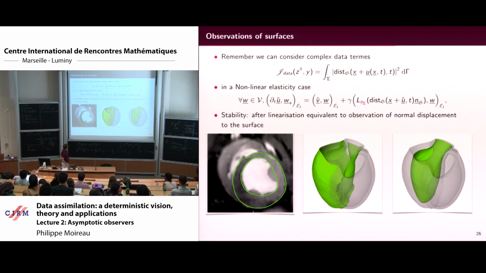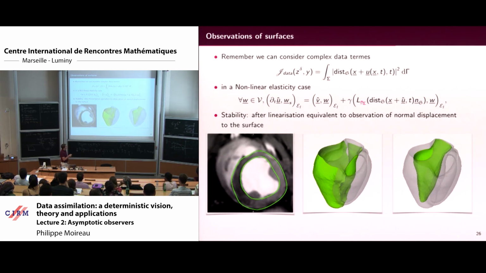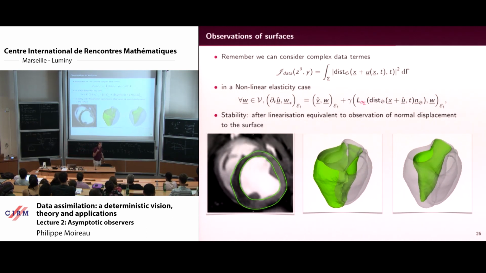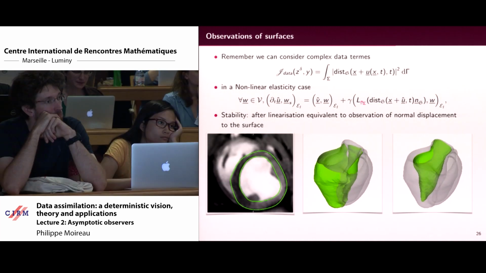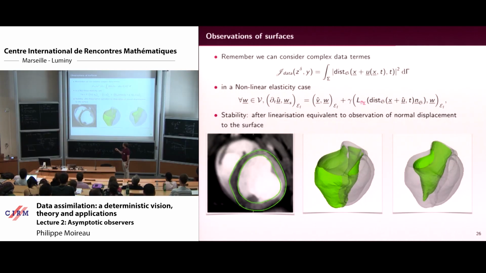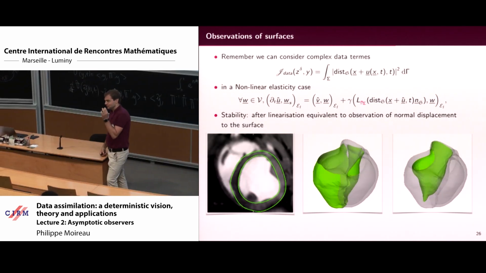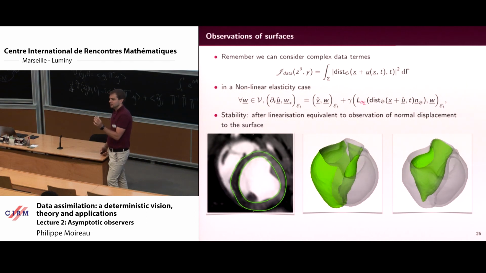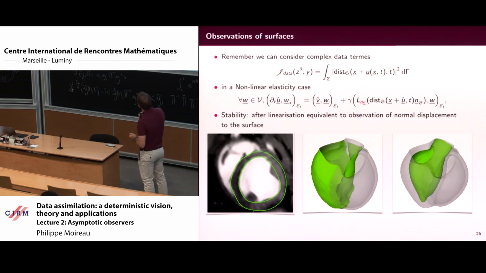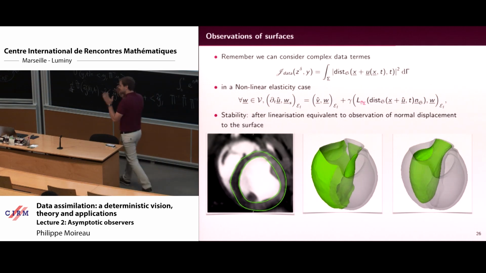Okay, so this is the measurement that he gave you. Basically, this green contour corresponds to seeing this for the heart. And I said this is my observation. So my observation is a surface. It's not a displacement anymore. It's a surface that is moving. And on this surface, you have no way to follow the points, the material points. So you have no way to rebuild a displacement, even a displacement on the boundary. Okay, because there is no way to see that one point is going somewhere. So you see only the shape.